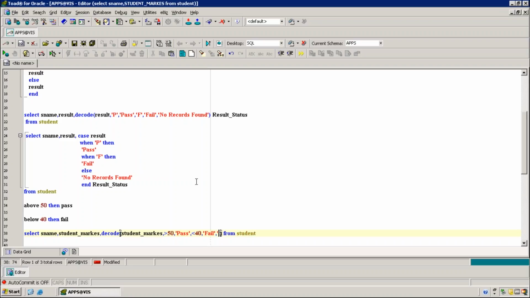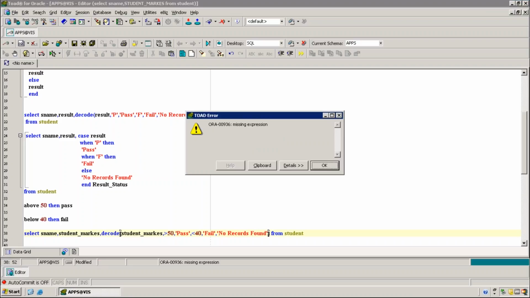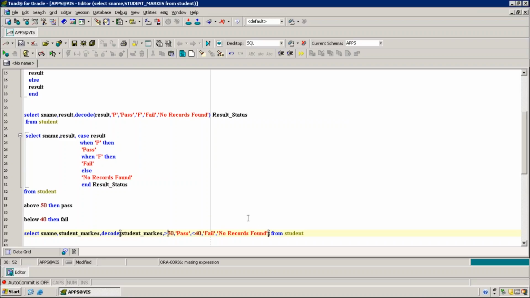No records found. Else, right? Can I execute now? What is this missing expression? So when we are using expressions, it's not possible in decode.